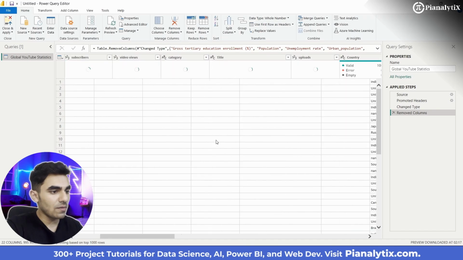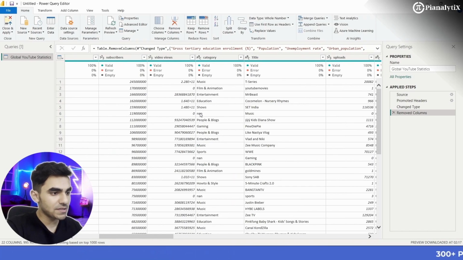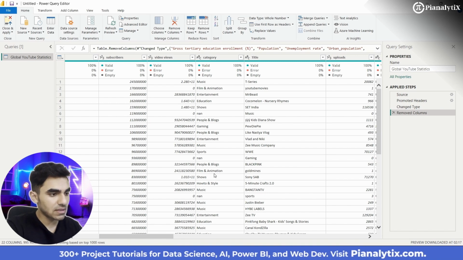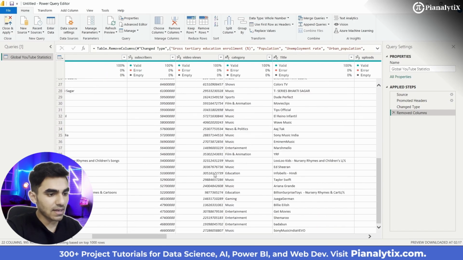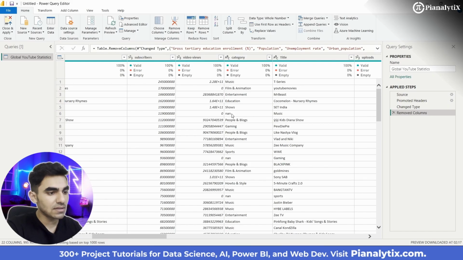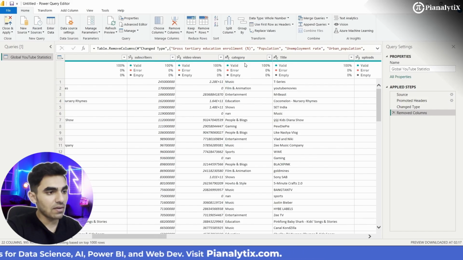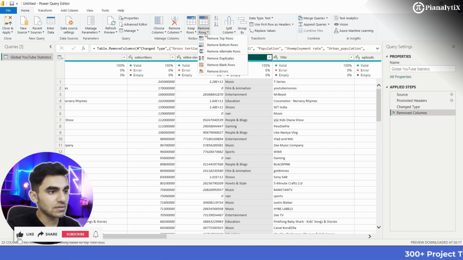Now first what we will do is replace all the null values, which are basically these NaN values. So in this column, as you can see, it is a text data type column. So I can just remove these NaN rows, all the rows which have NaN. So I'm going to select this, I'm going to select remove rows,